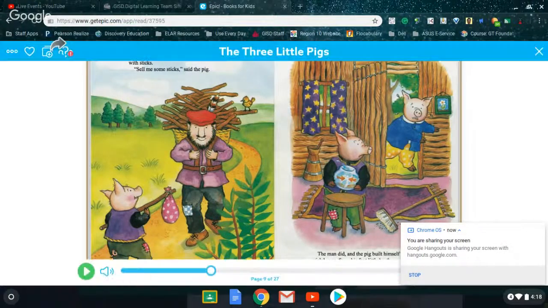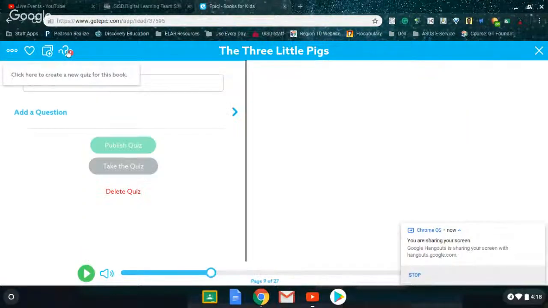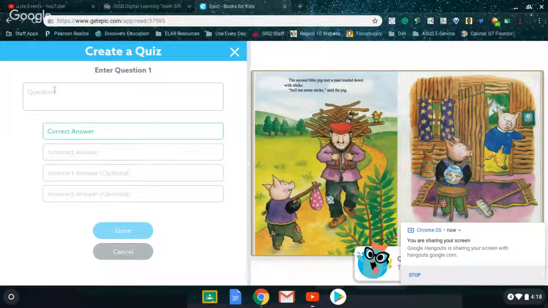Something else you can do is create a quiz. To do that, you click on the question marks, and it'll ask for a quiz title. So you can say 3 Little Pigs Retell, and you start by adding your first question. We're really working on story elements, so I might start with a question about the story elements. So who are the main